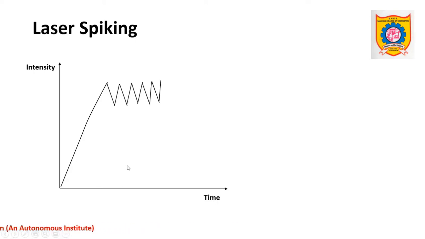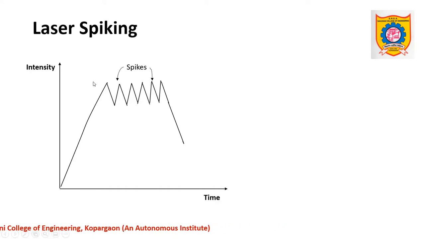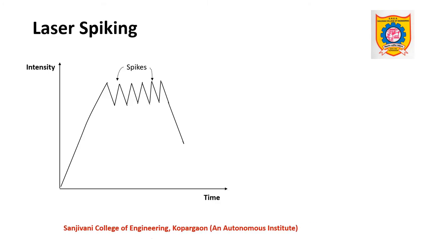It further decreases due to absence of the flash, and the process is repeated. Continuous decrease and increase in the intensity takes place as long as the laser is on, and when it is switched off, intensity drops down. This way the output is in the form of spikes. These are the spikes, or in other words, they are termed pulses. So the output is of pulse type, it is not continuous. This is one of the features of the ruby laser.